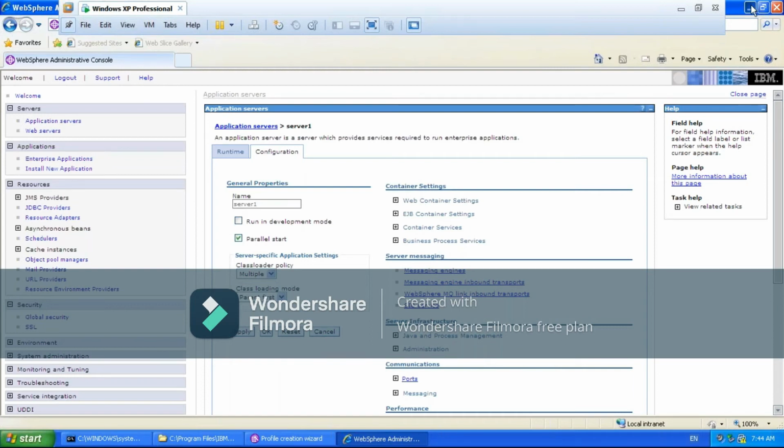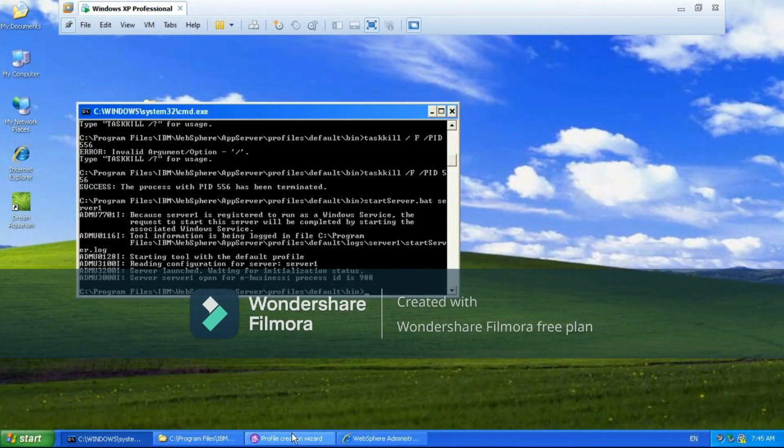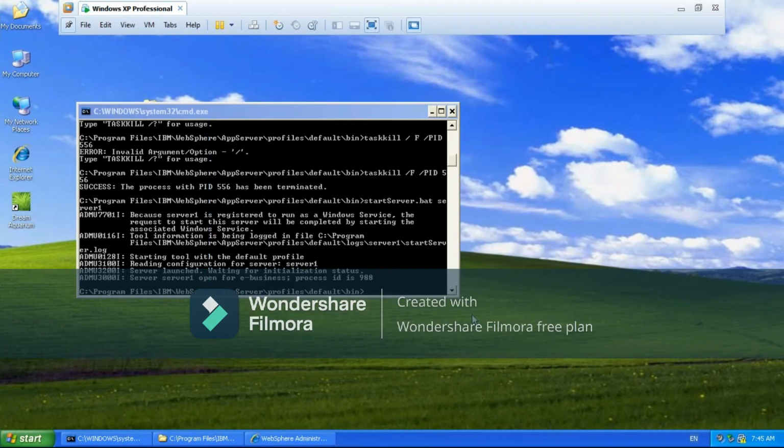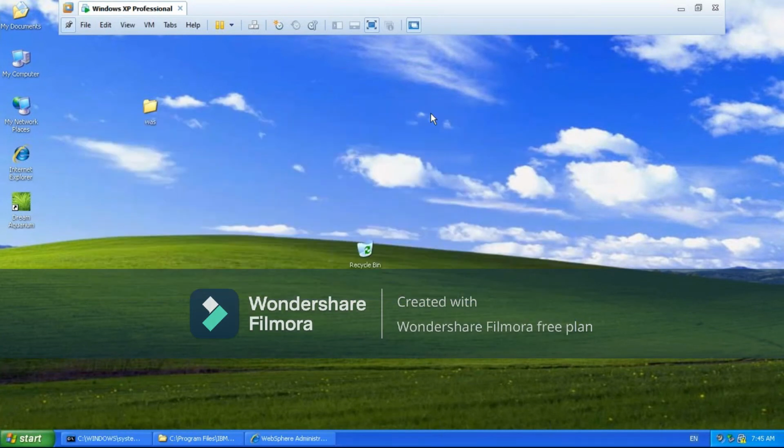Okay. Now we will see that this one is already created. See, now I don't want to create the launchpad again and the finish. So one more profile is created, right? Let us see that one, how it looks.